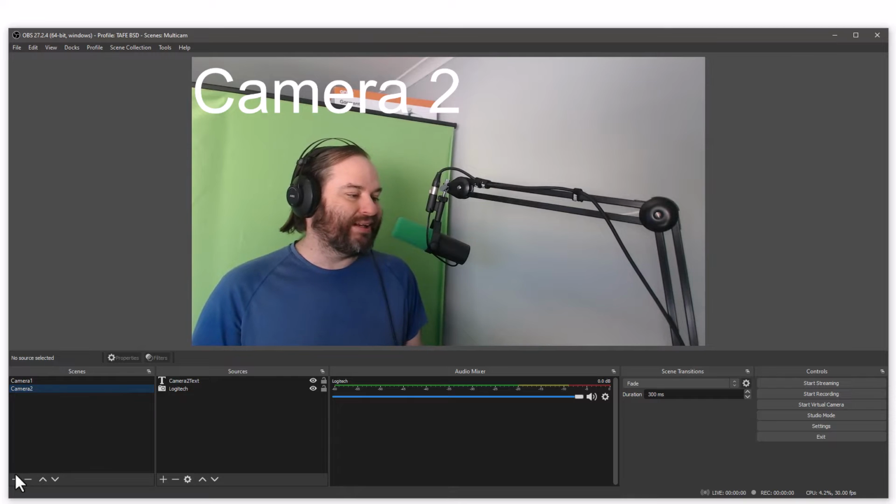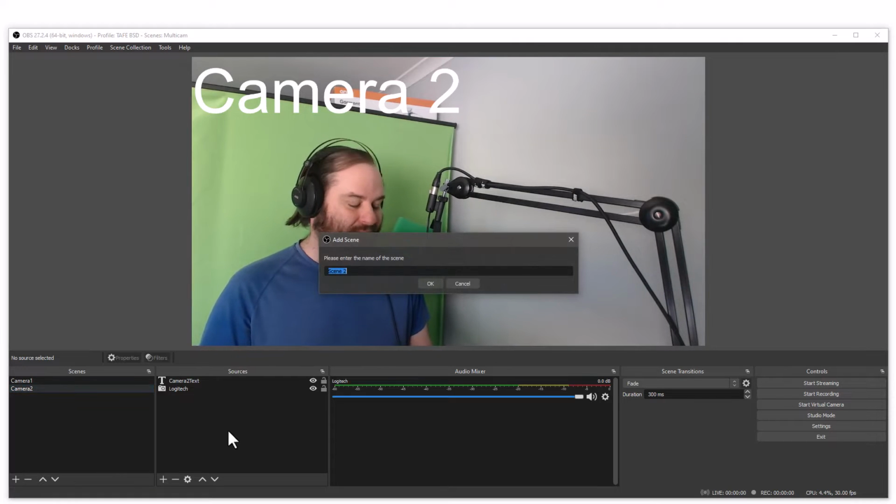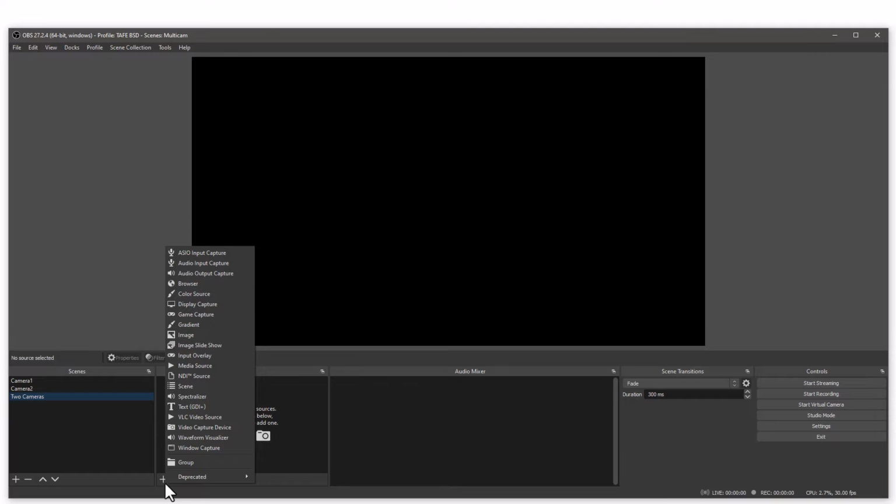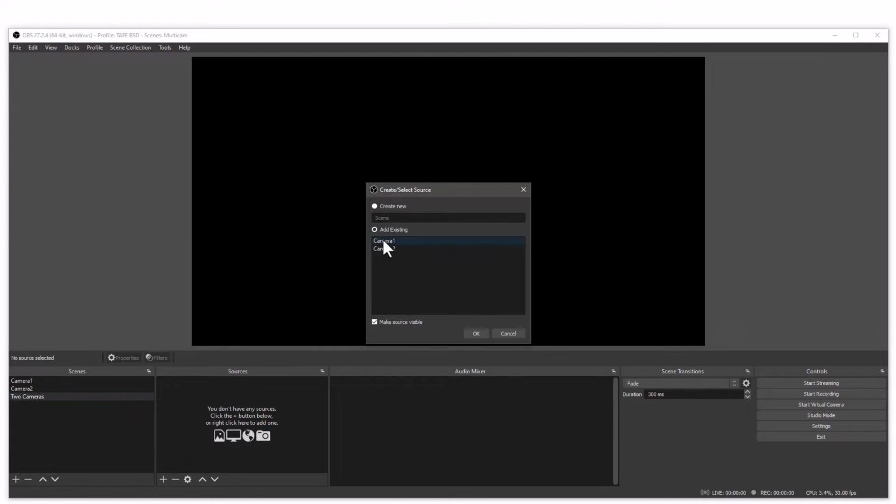Okay, let's actually create a scene where we combine these 2 things. So let's go, I'll call it 2 cameras. Again, whatever makes sense to you, it doesn't really matter too much. So now I've got my scene with 2 cameras, and I'm going to come in here, and instead of adding an individual source, I'm going to actually add the existing scenes that we've already set up. So if we go to the add scene option, and I can go to add existing, and we'll bring in